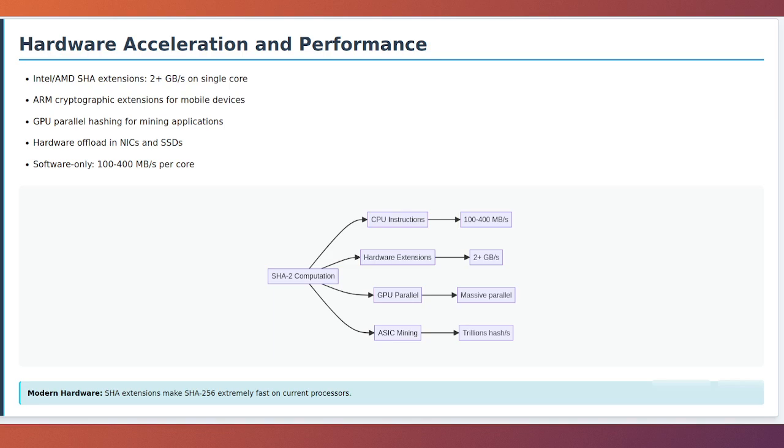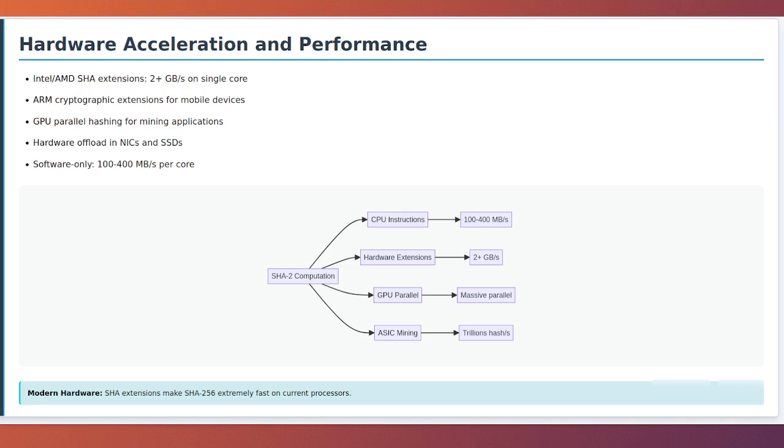Network interface cards can perform SHA-2 hashing in hardware, useful for applications like IPsec VPNs. Some SSDs include hardware SHA engines for data verification. GPUs can compute SHA-2 hashes massively in parallel, which is why cryptocurrency mining uses GPU farms. ASICs, application-specific integrated circuits, designed specifically for SHA-256 mining can compute trillions of hashes per second, though they are only